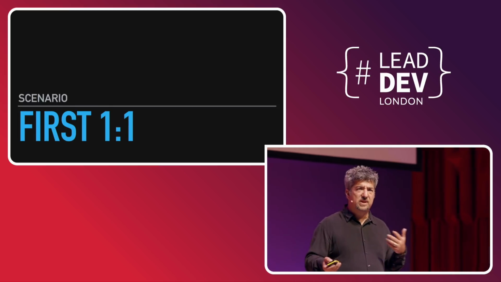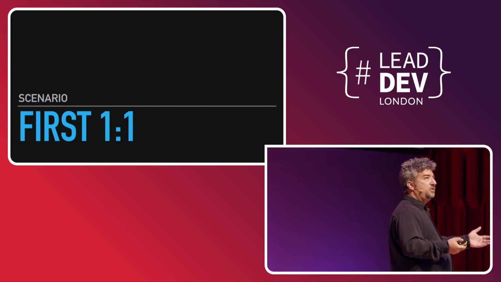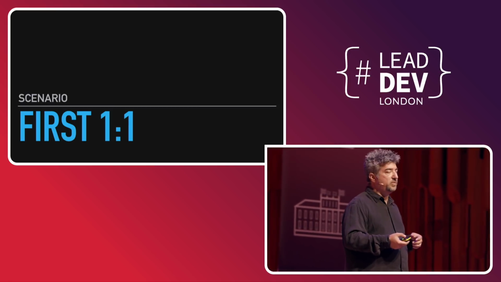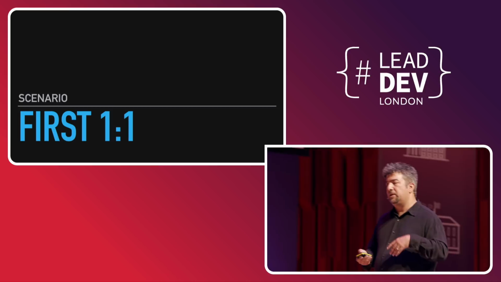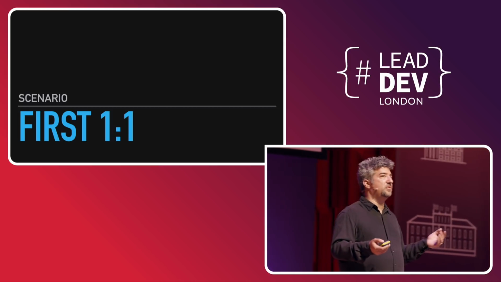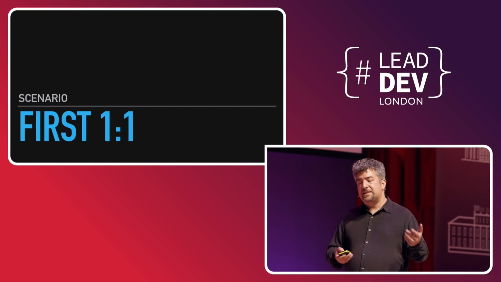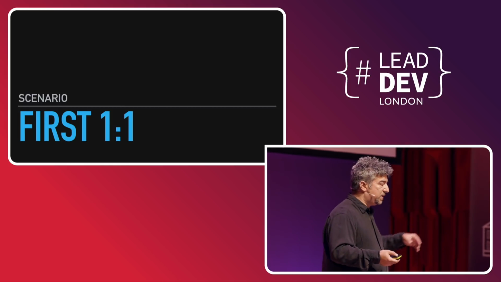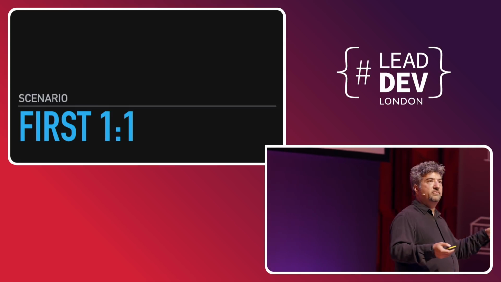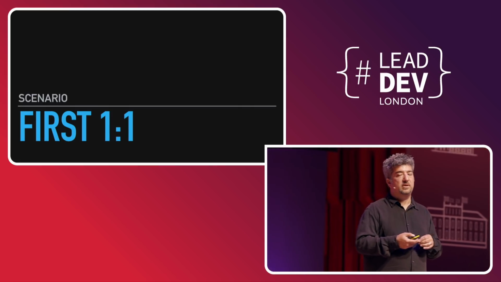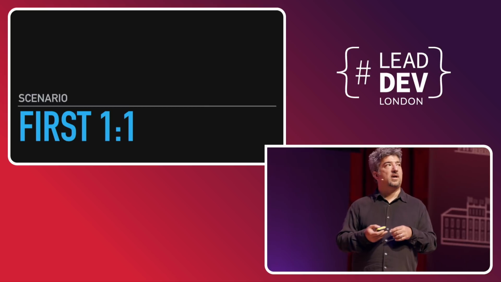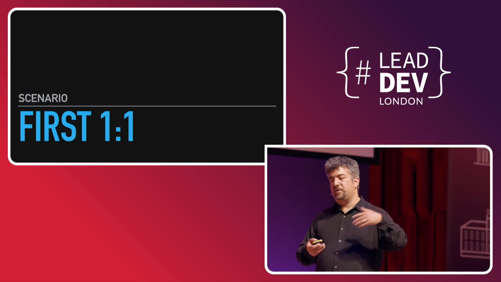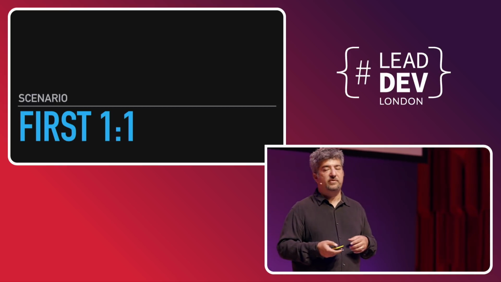First one-on-ones can be a little bit awkward. You're either a new lead, where last week you were a member of the team and now you're doing one-on-ones with people who were your peers, or you've joined a new team or somebody's joined your team and you don't know them that well. So when this happens to me, I sit down with them. Some of the things I'll talk about are actually quite good to work with remote folks. I've managed remote folks for years and years. This one and the next one I'll talk about, I like to do in person, if somebody's remote, either when I'm visiting them or they're visiting me for the first time.